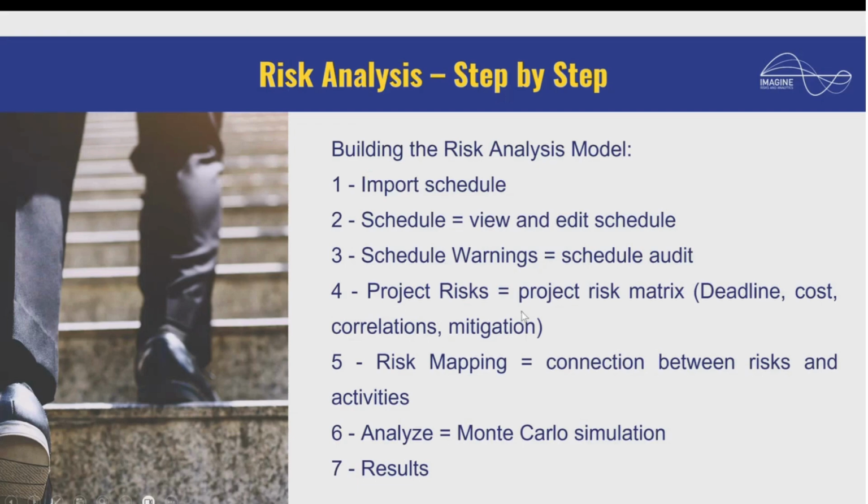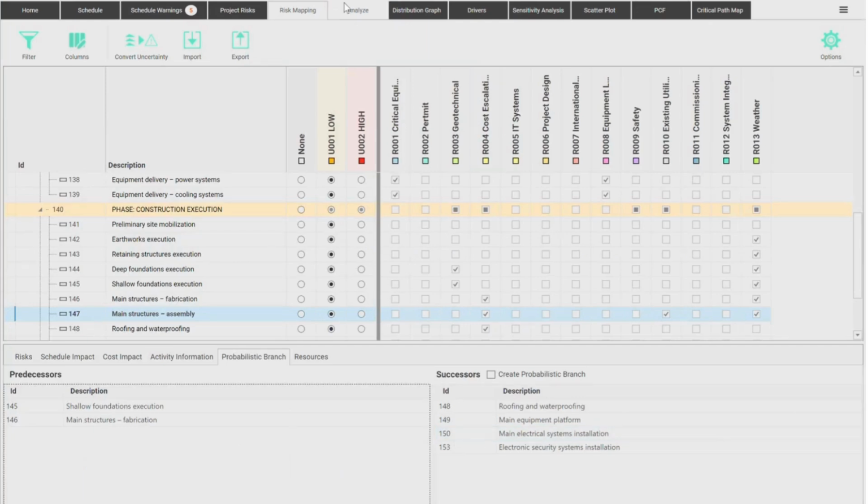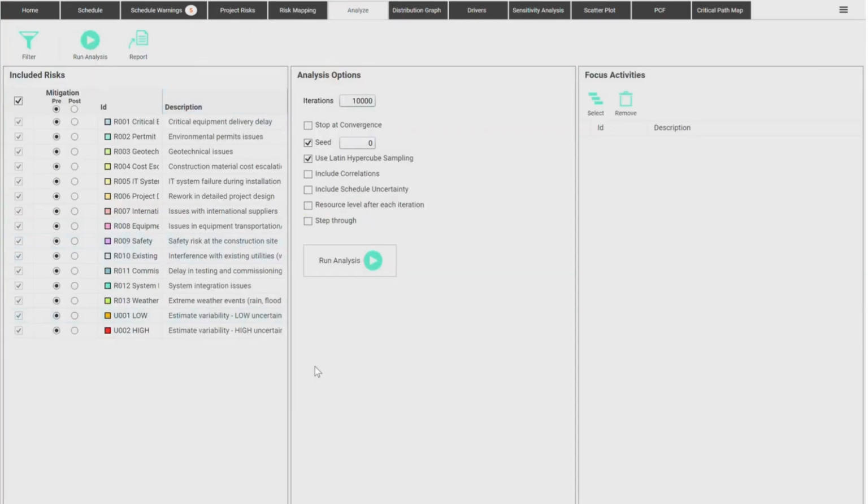We assigned all the risks from our matrix. We made this connection between risks and activities. Now we're going to analyze, run the Monte Carlo simulation itself. So here in the Analyze tab, we're going to run the simulation. Now, another very nice thing of the interface that people really love when they start using the software. First of all, you can run the whole thing pre-mitigated, or I don't have anything here post-mitigation, but if you had, you could run your project post-mitigated. Or you could perhaps mitigate just 2 or 3 of your risks and run an intermediate scenario, okay?